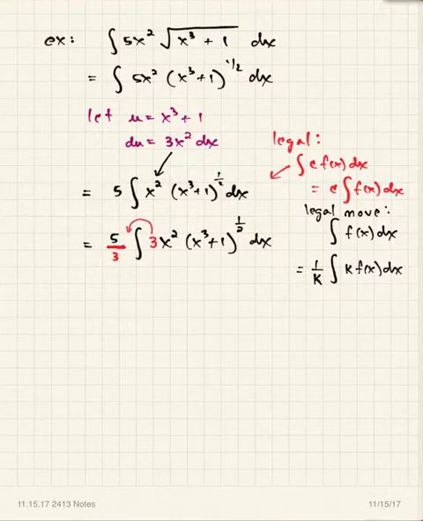Because I know I can take the k that's inside the integral and put it on the outside, and it would divide out with the 1 over k that's on the outside. It is an illegal move, though. It's illegal